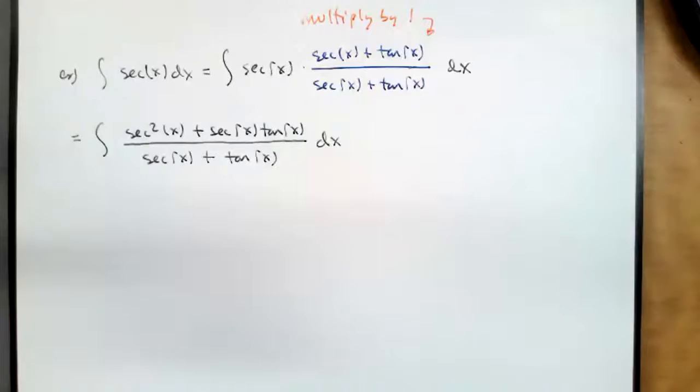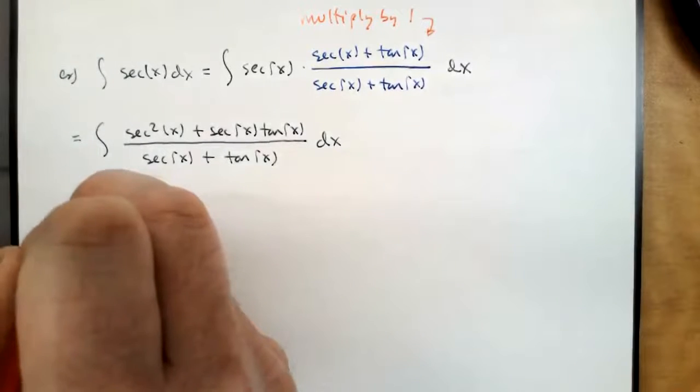If we think back to the previous page, the way we took the derivative of the natural log of the absolute value was to do 1 over and then multiply by the derivative of the thing. 1 over the thing times the derivative of the thing. That is, we are using the chain rule. So now that we're doing integration and going backwards, we're going to do the anti-chain rule. We're going to do substitution. And since we know the answer is going to be a natural log, our substitution is going to be the denominator. So if I make W secant x plus tangent x,